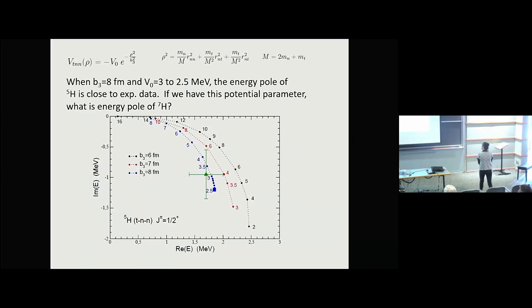So what's happening? The energy trajectory of hydrogen 5. Okay, I will show you the result first for hydrogen 5 using the 3-body force. I will say again that V0 and V3 are free parameters. So you can see the energy trajectory of hydrogen 5. If I take V3 equals 6 femtometer, here is the energy trajectory, and each value is a V0. So if we use V0 equals 2 and V3 equals 6, then the energy trajectory of hydrogen 5 is like this.